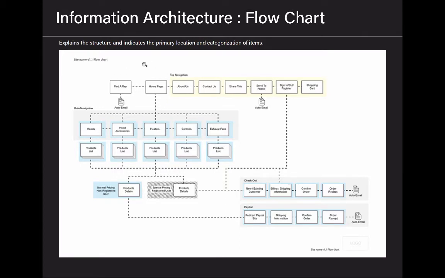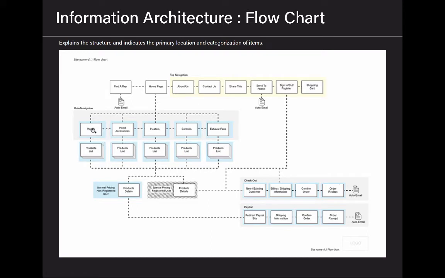So the top navigation gives a little label and lays it out: the home page, the about us, the contact, share. And these are all main sections. When you're on the home page, they indicate that this information is on the home page somehow, right? So these are the main categories and more main navigation. So there's top navigation, main navigation: hoods, hood accessories, headers, controls, exhaust, and then each one of these,